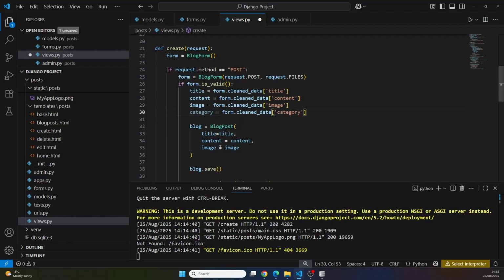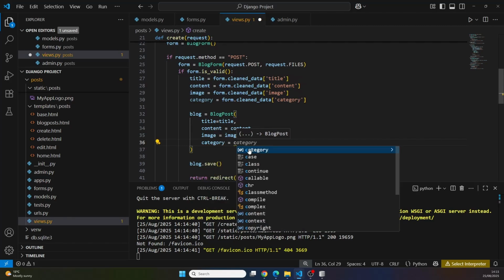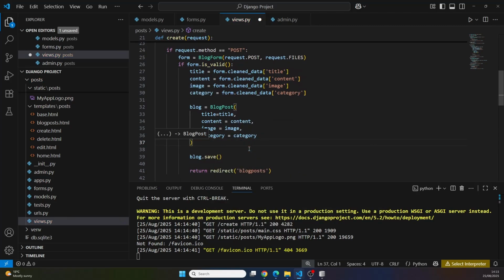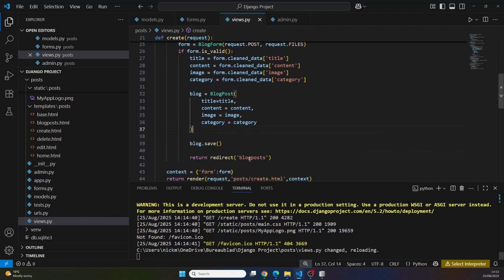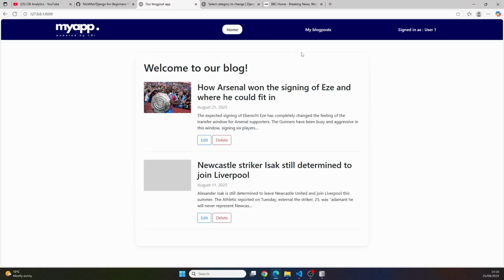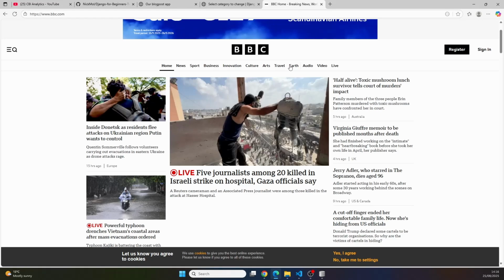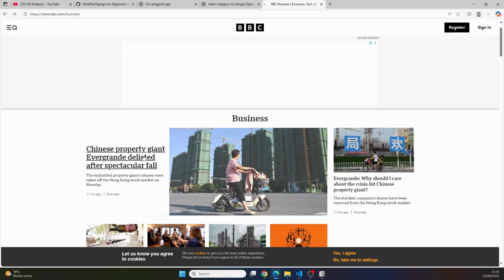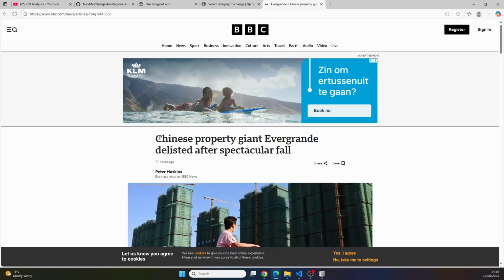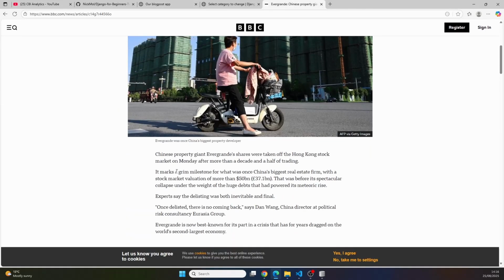Now, next to that, we also need to add it right here. So we can say that category is equal to category, what we've just defined. And that is all that we need to put here to make this work. So let's save this and check if this will now work. So we're now back on the browser, and I'm going to go to my blog post and create a blog post. Now we're going to be adding a new blog post for business. And I'm just going to get the article right here about this Chinese property giant. So I'm just going to take this title and use it as an example for us,